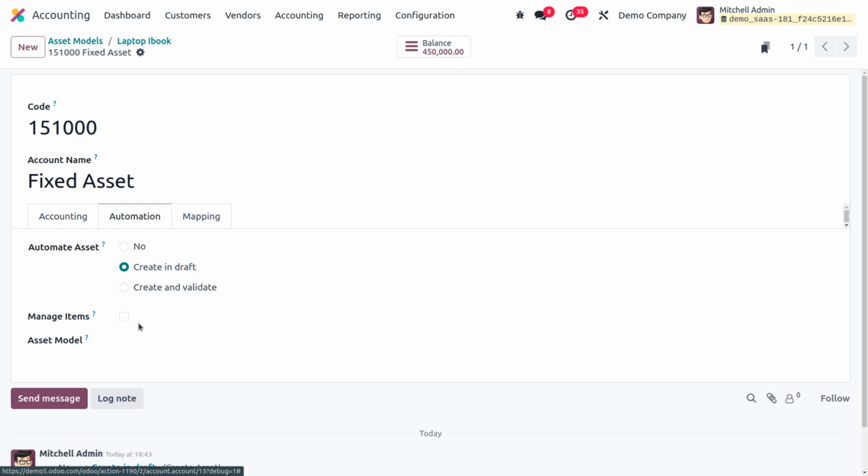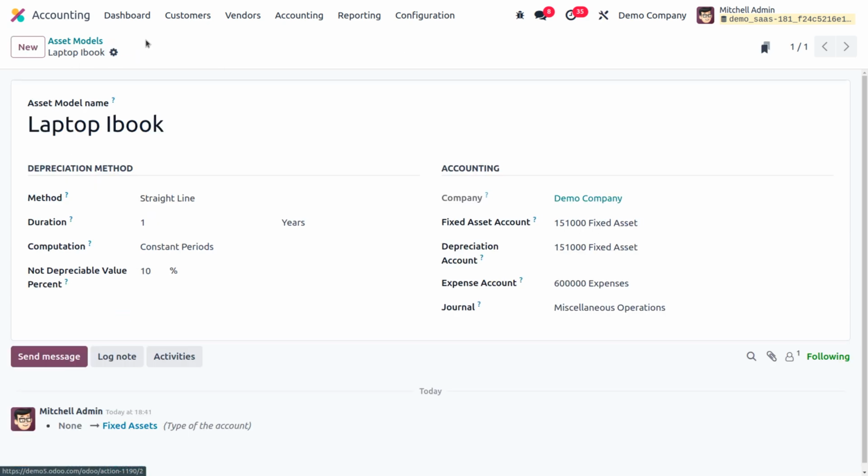Once this is done, you can set the asset model. Just imagine that you have multiple assets. If you want to manage multiple assets differently, you can provide the name of the asset model over here and you can also enable manage items. This would let you manage multiple items. Okay, so for the time being, let me save this and let's move on to the laptop iBook.